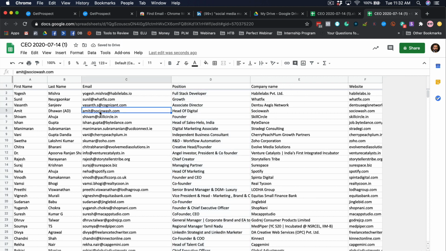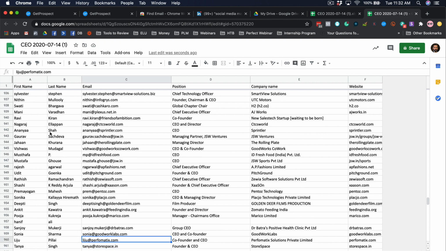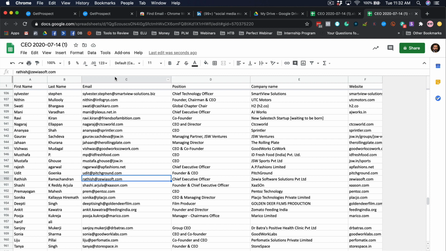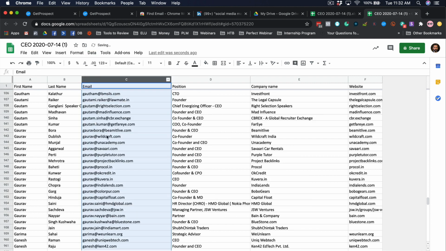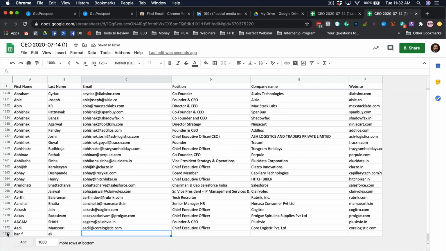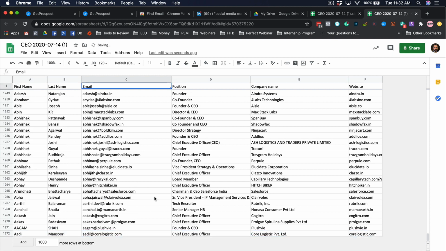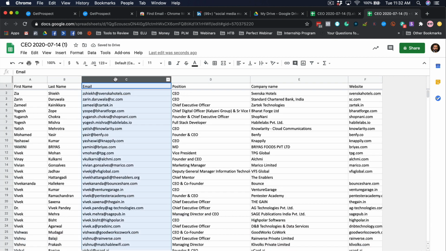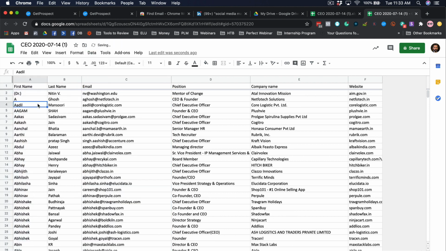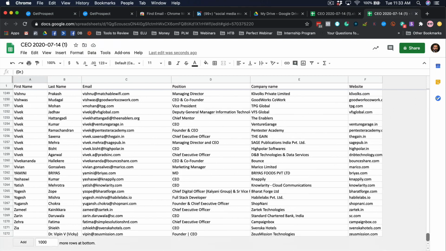So now we have this clean database here, and I can go ahead and create an outreach campaign. And sometimes, rarely, you will see that there are no emails. So if I have to filter out all the people with no emails, then I will also sort it again, go down, and you will see that this one person does not have an email. So I will delete that row and go back, sort this again. Probably we can sort it according to the name. So now we have this. So this is how we have generated leads using Get Prospect.